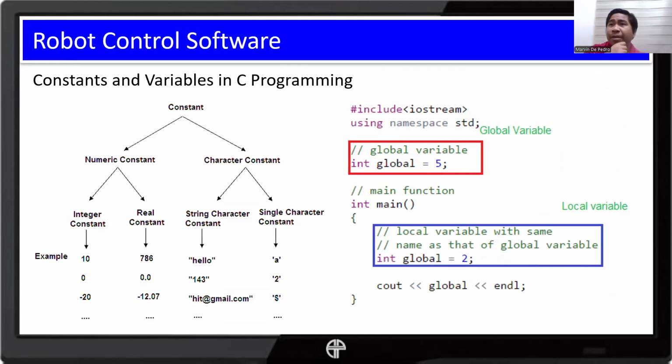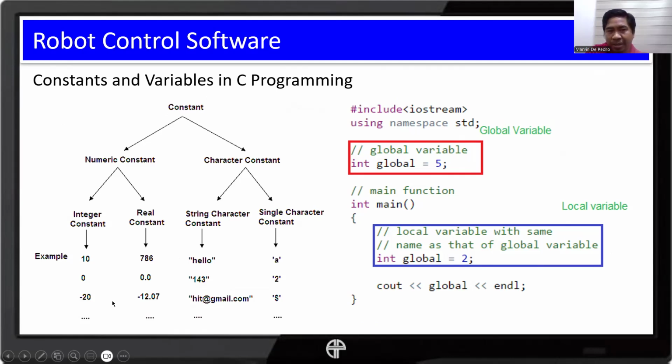Okay. We have some examples. I'm going to share some sample problems as well regarding Python. So we're not going to focus much on C because we normally go directly to Arduino programming instead. So this is just a quick orientation, right? In C programming, we normally use constants and variables.